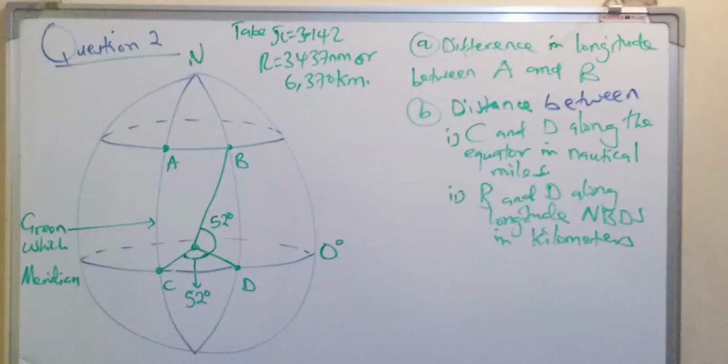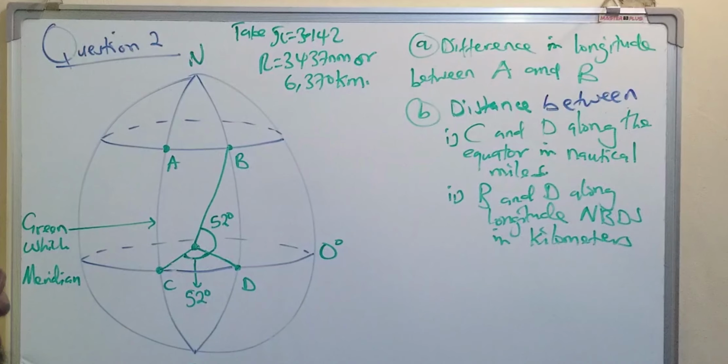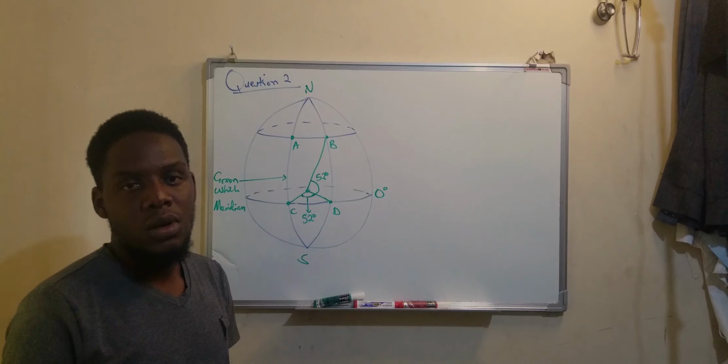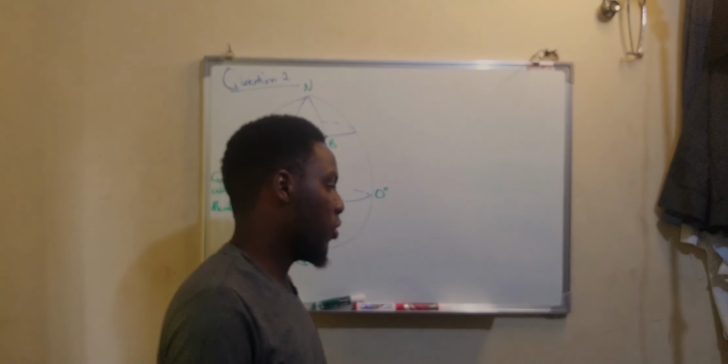Then we've been given pi as 3.142. We've been given our radius at 34.37 nautical miles or 670 kilometers. So we'll use that depending on what the question wants us to do. Okay, so before we